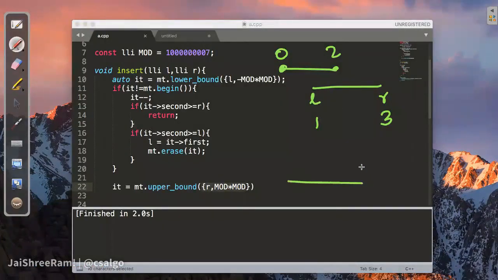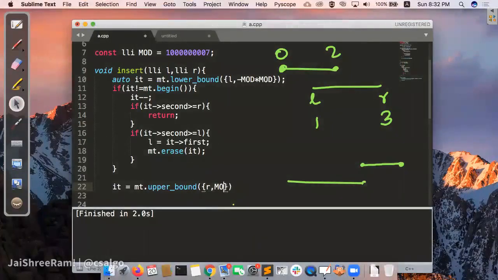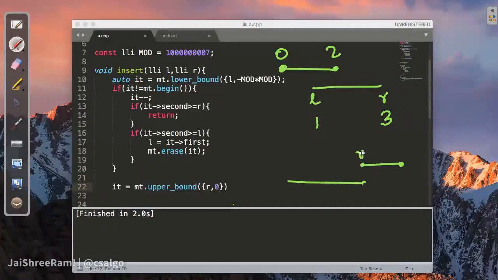Let's suppose this is your segment and something starts at this point exactly. And let's say by mistake you use 0 over here. We are going to go one step back, right? But this was the L for the point, and this was the R. So this R is actually greater than 0.